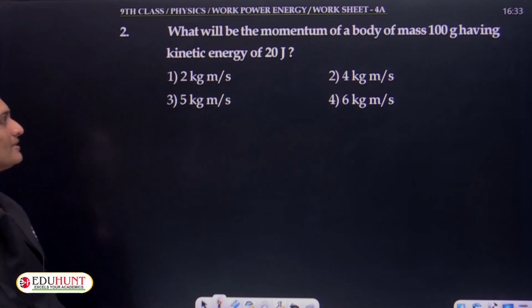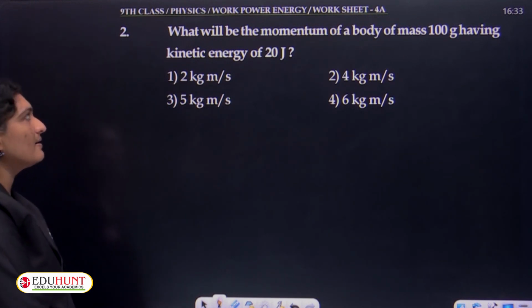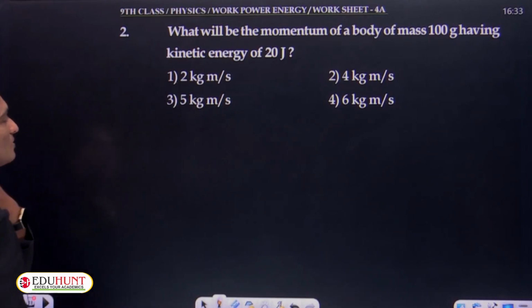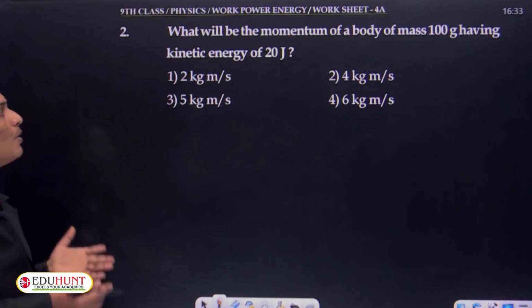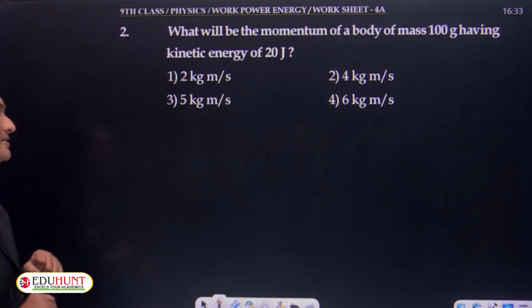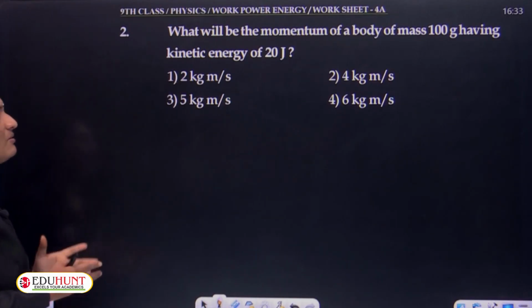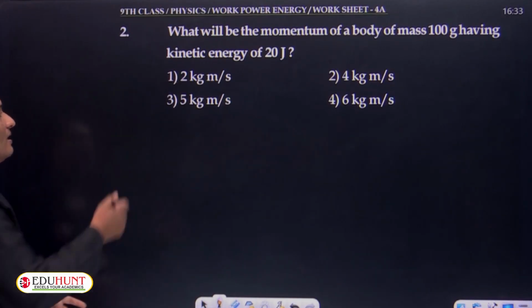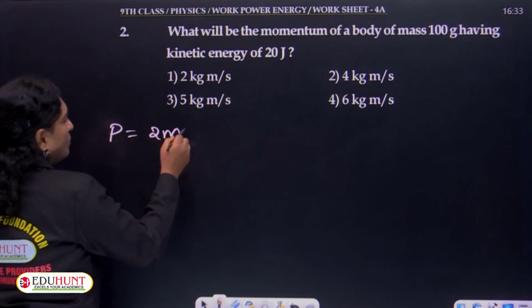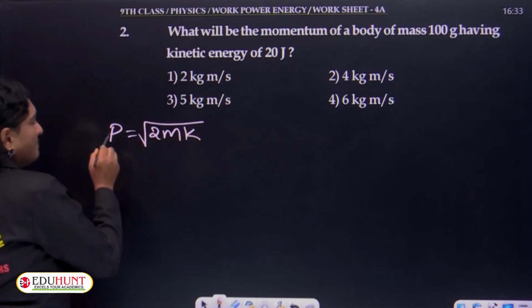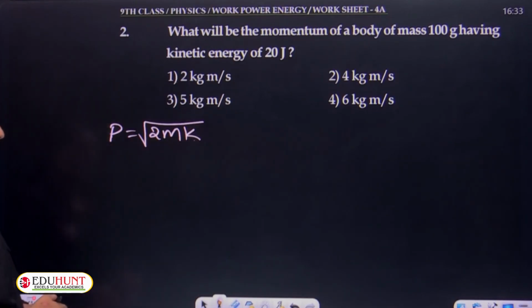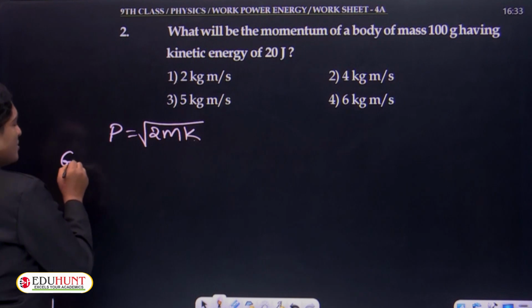What will be the momentum of a body of mass 100 grams having kinetic energy of 20 joules? What you are asked to find is the momentum of a body. Mass is given and kinetic energy is given. So what is the relation between momentum, mass and kinetic energy, children? We know that momentum is equal to root over 2mK, where P is momentum, m is mass and K is kinetic energy. And the given conditions are